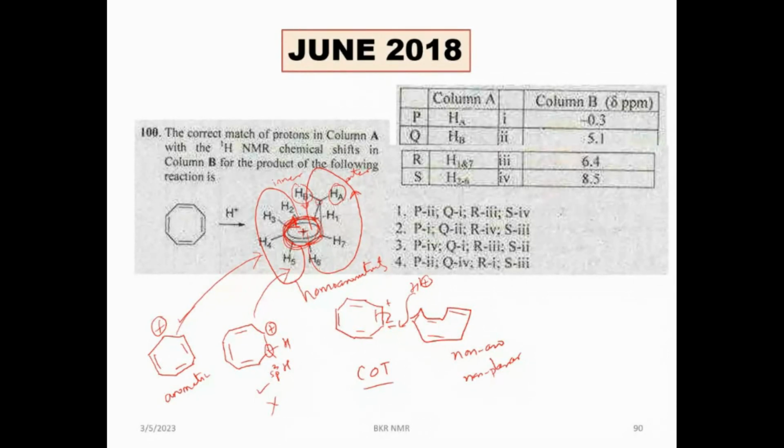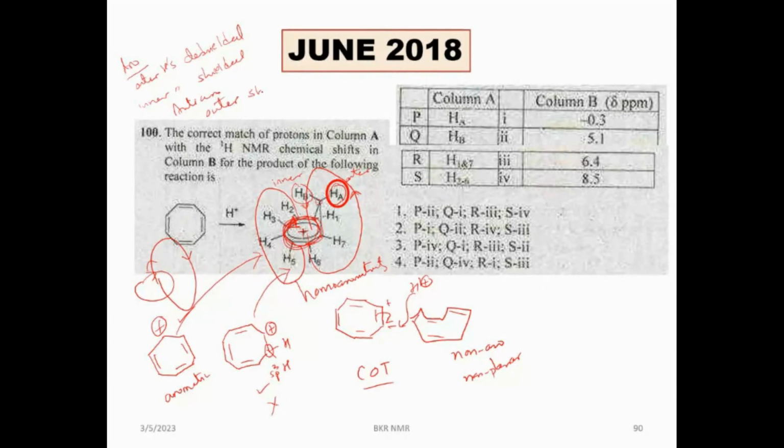HB, ma'am. HB. So what have we seen? In an aromatic system, outer hydrogens are deshielded, inner hydrogens are shielded. In an anti-aromatic compound, the ring current will rotate in the opposite direction. Therefore the secondary magnetic field also rotates opposite. So you'll have a different rotation of the magnetic field. Okay, so you'll have something like this. Here it will align, and this will oppose. What will happen in the outer